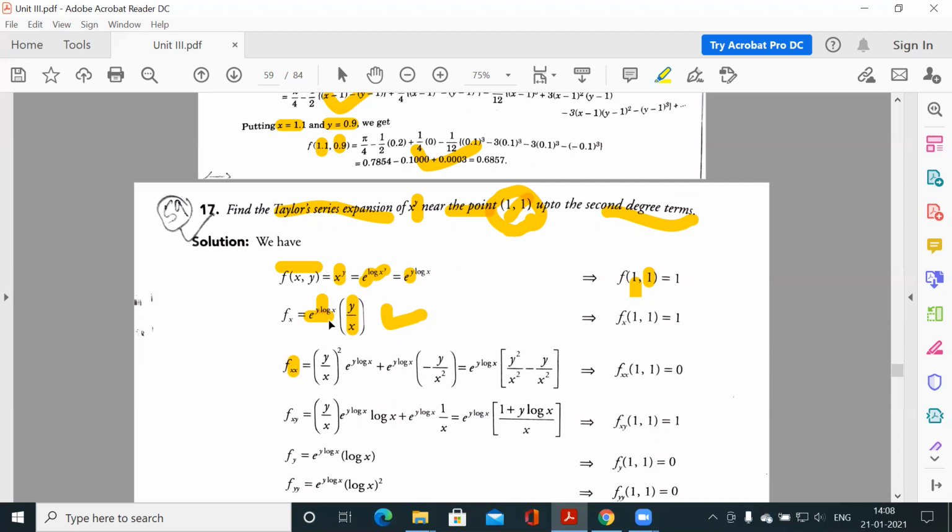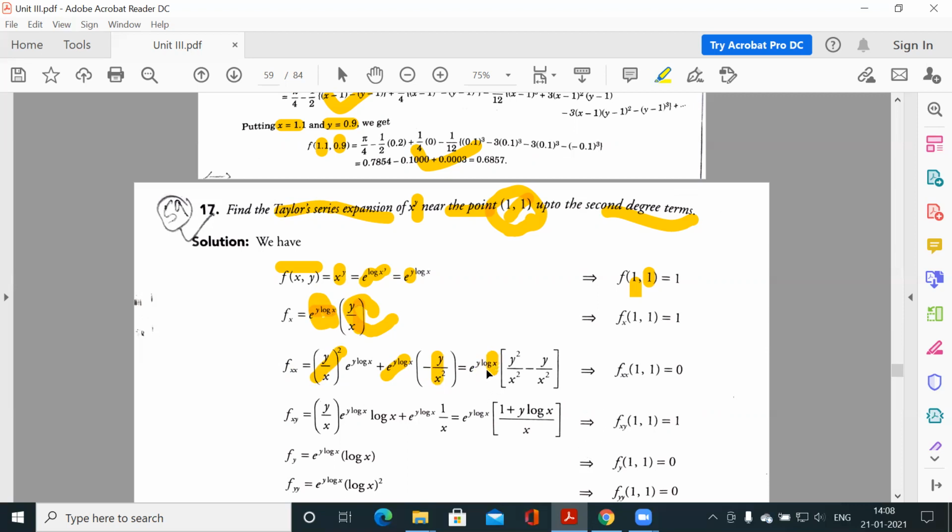Now both are functions of x. This is a function of x, and this is a function of x. So we will use the first into second property. First, the differentiation of the first is e to the power y log x into y over x, and y over x is the second function, so y over x whole square. Similarly, the first function is as it is, and the differentiation of the second function y over x with respect to x is minus y by x square.